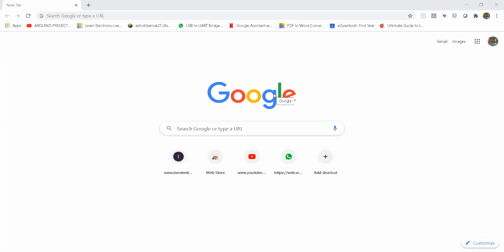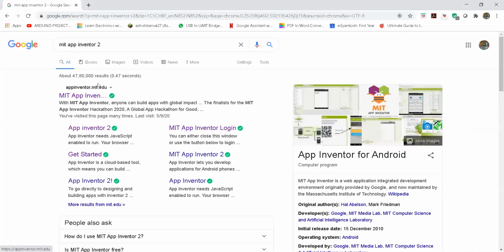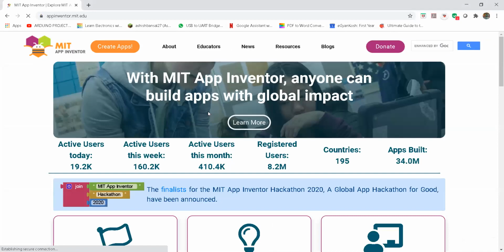To start, we have to open Google Chrome, type MIT App Inventor 2 and press enter. Open the first link, wait for some seconds, and it will lead you to this page. Click on Create Apps and wait for a few seconds,